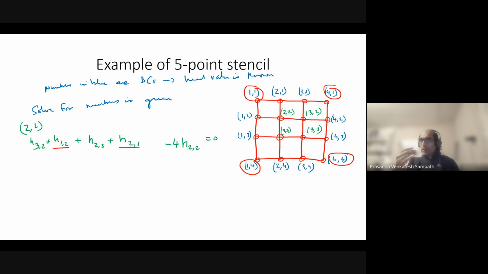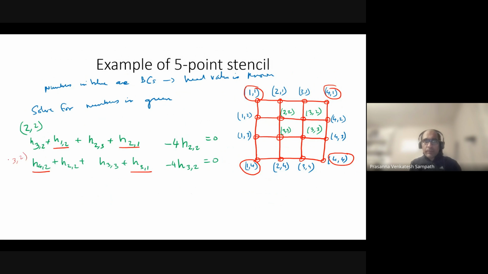Okay, now I'm going to go to the next cell. Remember, I don't have to write this equation for all the boundary cells because for the boundary cells the head is already known. I only have to write this equation for 4 cells. Now I'm going to write it for the next cell, 3 comma 2. So this is the equation for